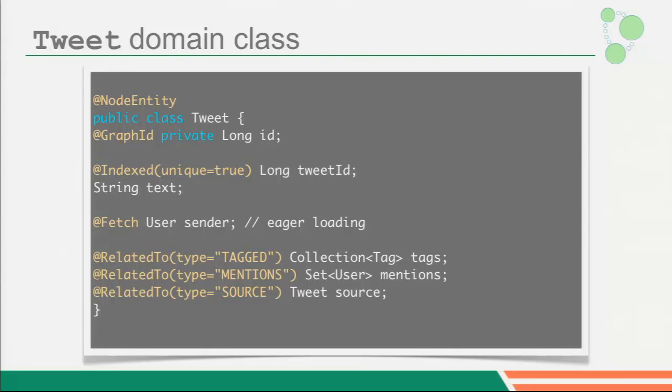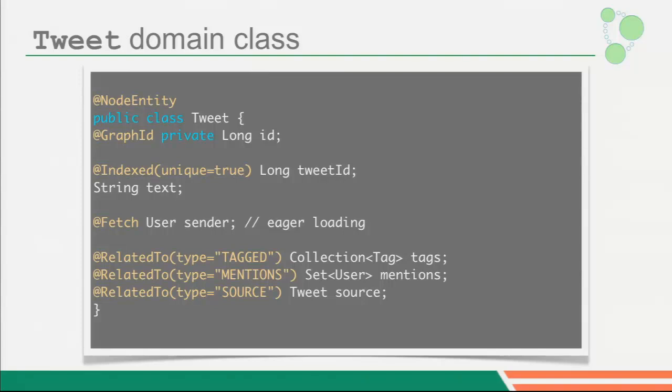So we have the user entity, which is another domain object. And we don't even have to annotate it. But it will be actually stored in the graph as a relationship with the type of the field name in this case. And other entities like tags, mentions of the tweet, and also the original tweet for retweets are also stored as related entities, so as relationships in the graph. And I can customize the relationship type, for instance, here.